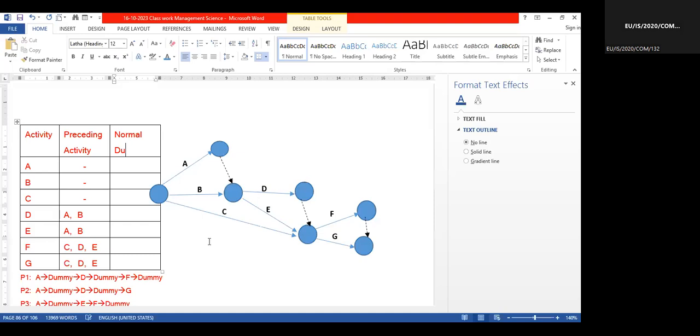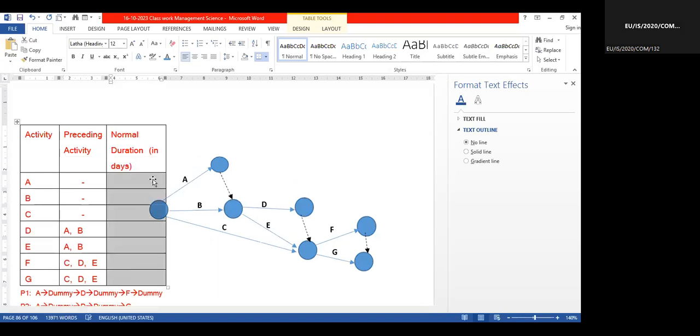Students, can you see that? No, sir. See the screen? Normal duration in days. In days means number of days, huh? Observe, normal duration days, say to complete activity